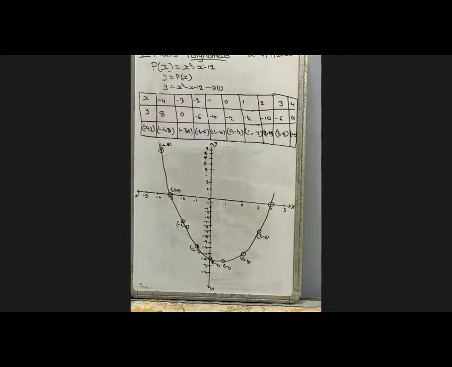Which is separating positive and negative? That is 0 only, no. So always we'll take the 0 value also. Means directly we will get the same value, yes or no? So that is the main reason why we take that 0. And after that, on the negative side we can take 3 values, and on the positive side 3 values. That is enough, ma.